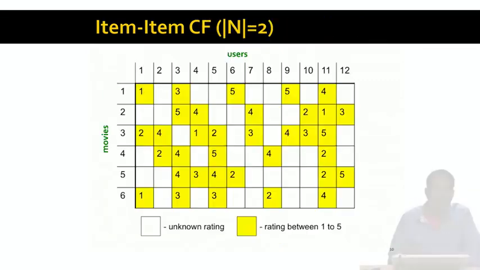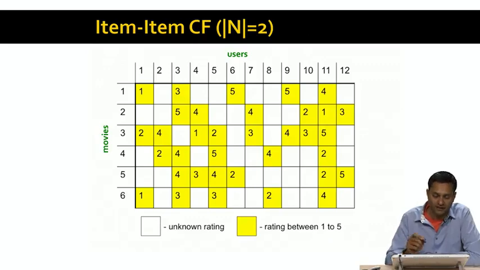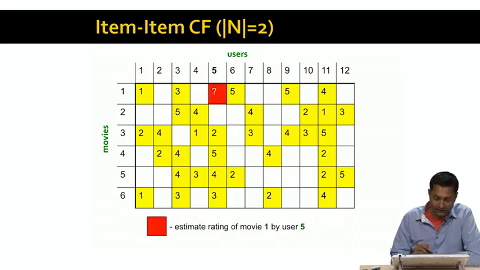So let's work through an example to illustrate what this means. Let's say that the neighborhood size that we want to pick, the size of N, is actually 2. We're going to be looking at the 2 nearest neighbors of item I, and we're going to be using item-to-item collaborative filtering. Here's a utility matrix,